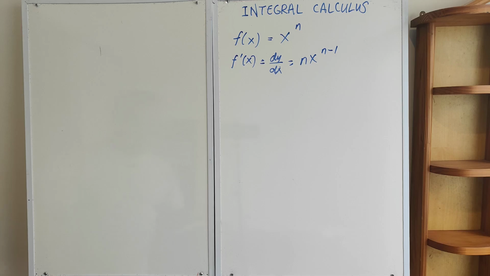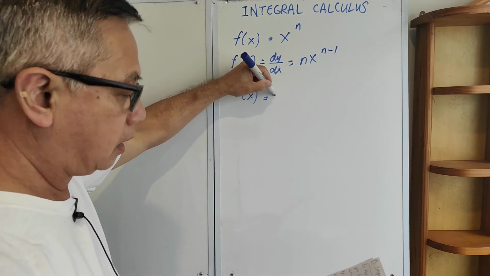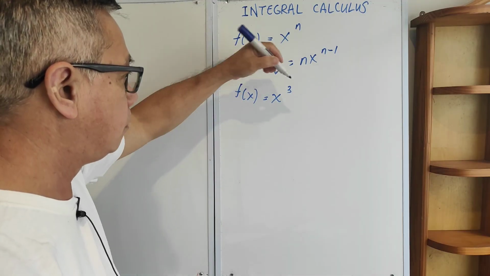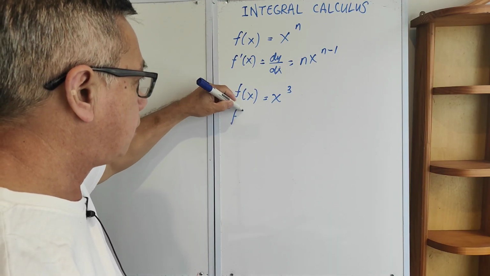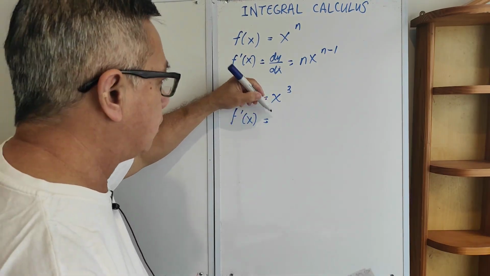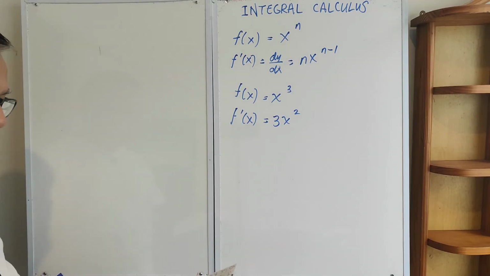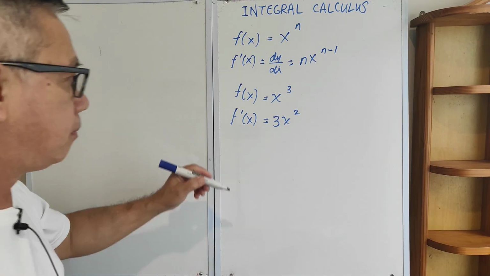power rule. So for example, we have f of x is x cubed, then f prime of x, or the derivative of x cubed, will become 3x squared. Another example,